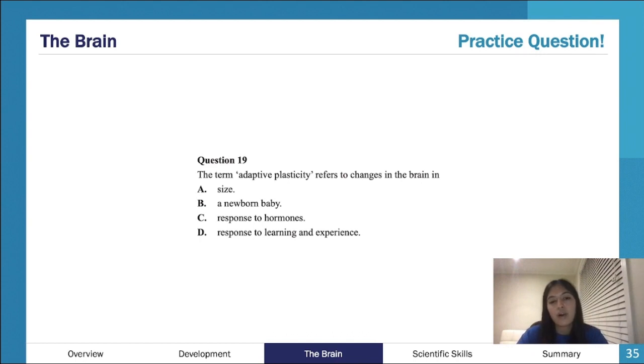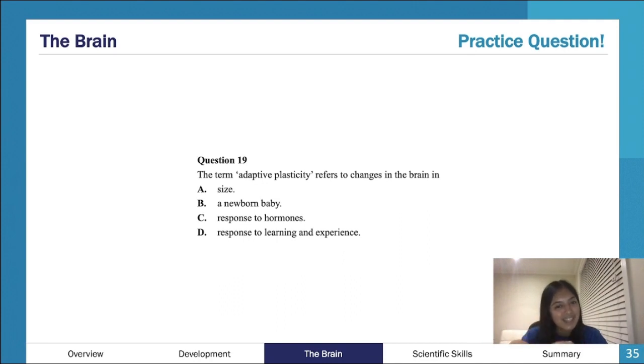Again, we're talking about adaptive plasticity, not developmental plasticity, which is probably more what you'd see in a newborn baby. Adaptive is, again, if you've got brain damage, overcoming that and changing roles, certain pathways in the brain, or as you learn things,